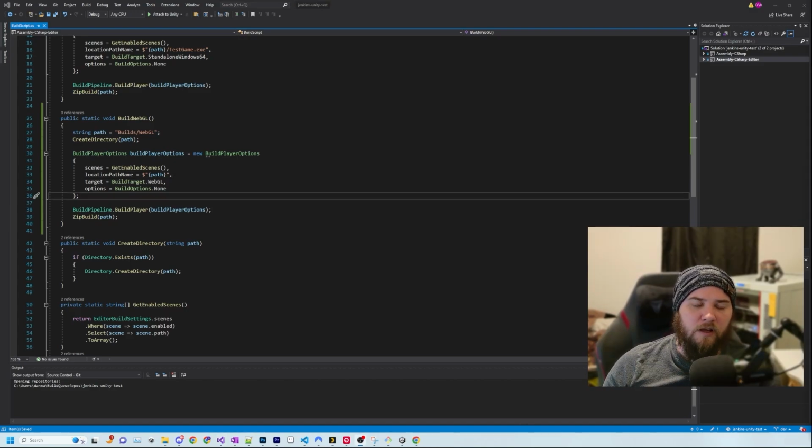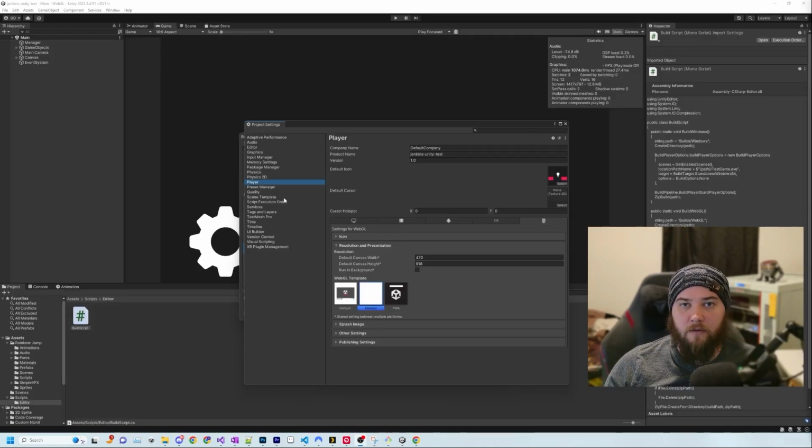Now, I know a lot of you may be following along with your own projects, so you may need to customize more fields versus what we are using here. Here, we're just using a lot of Unity's defaults, but let's go take a look over at the player settings real quick over on the Unity editor side. Now, this is just one example of one field that you can modify. So if you open up your project settings and you navigate over to WebGL,